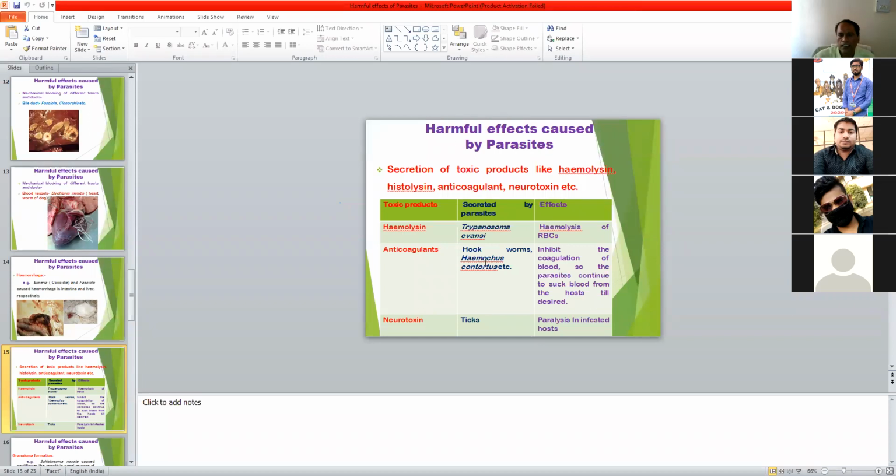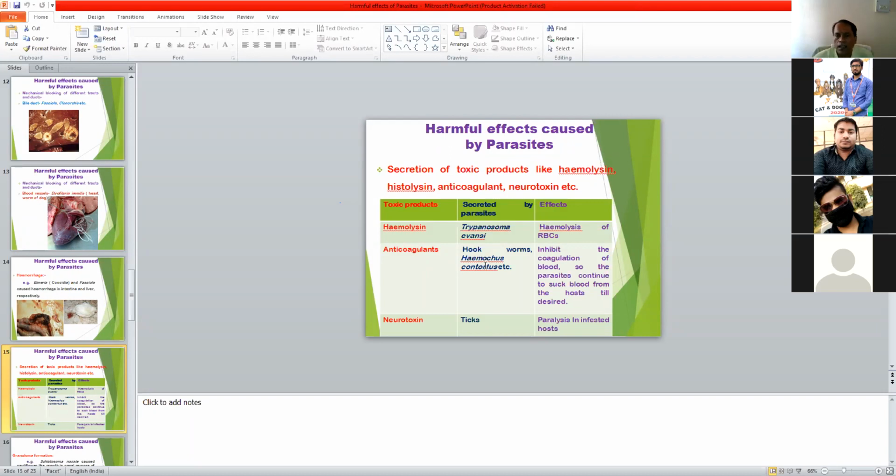And hookworm, that is, and Haemonchus contortus is a voracious blood-sucking parasite. Both are blood-sucking parasites which release a toxic product inside the host, an anticoagulant, which inhibits the coagulation of blood, so the parasite continues to suck blood. ये सब जो हिमोंकस कंटोर्टस, हुकवर्म हैं, जो बहुत ज्यादा ब्लड सक करने वाले पैरासाइट हैं और ये एंटीकोगुलेंट रिलीज करते हैं और एंटीकोगुलेंट होस्ट में ब्लड क्लॉटिंग को इनहिबिट कर देता है, जिसके कारण जब तक चाहता है पैरासाइट हिमोंकस और हुकवर्म जब तक वो होस्ट से ब्लड